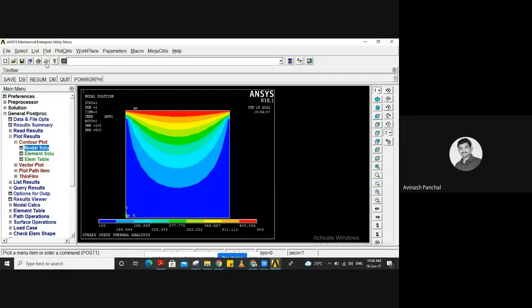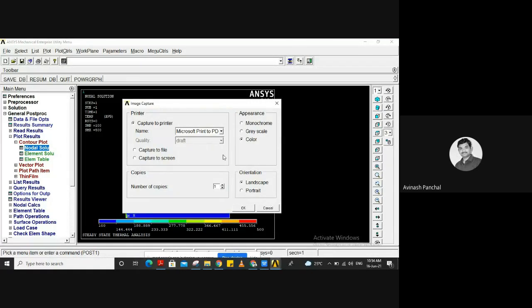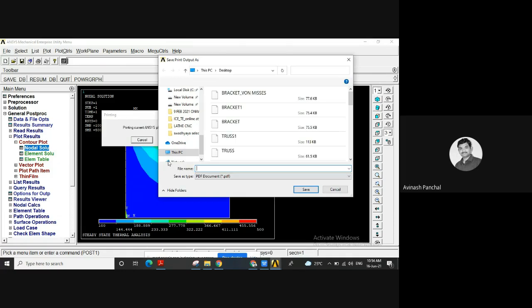So now we will plot or capture this image, and I will take it in the form of PDF over here. Click on OK. Landscape is okay. Color or monochrome? No, we need to have color. Okay, on print. Click on OK. So we will select this and plot this, wherever we need to put it. Thermal analysis 1, we will put over here.